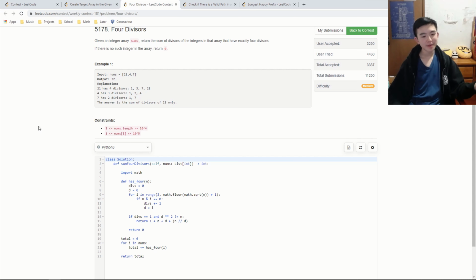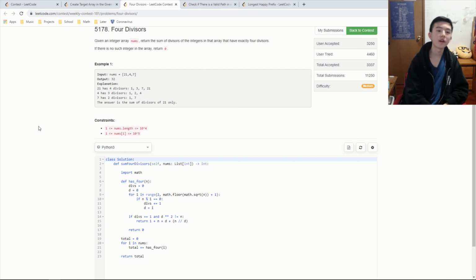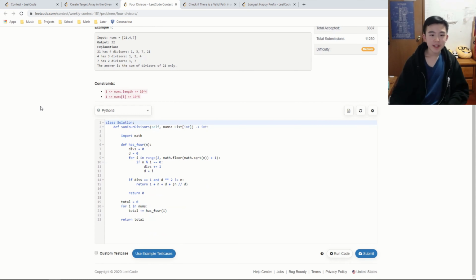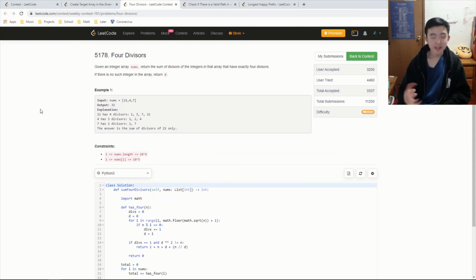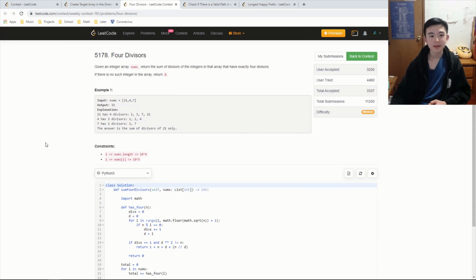So, if an integer has 4 divisors, it can be written as n equals pq, where p and q are primes, and they are distinct primes, because if they're the same prime, then they don't count as separate divisors. So these are called semi-primes with unique prime divisors. Yeah, and the reason I got a bug was because I didn't realize that they had to be distinct, and that's why I thought 4 was actually good. And I would have actually gotten that if I used the right test case, but I didn't, so yeah.